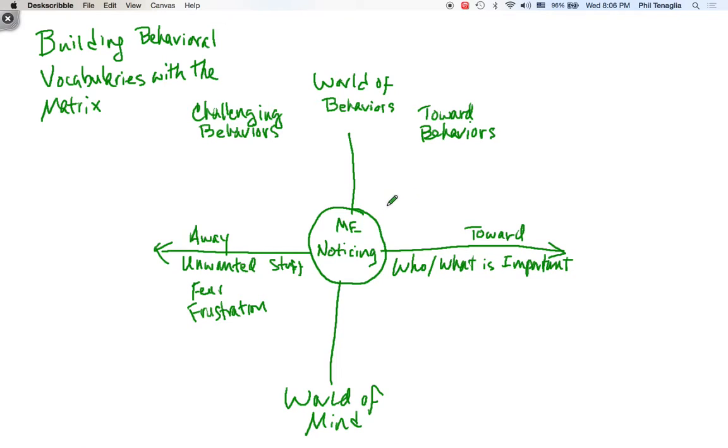We can use the matrix to help students build these vocabularies by promoting psychological flexibility and helping them get in touch with who and what's important to them, so they can learn how to take the stuff they don't want with them to get more of what they want out of life, or at least school at this point.